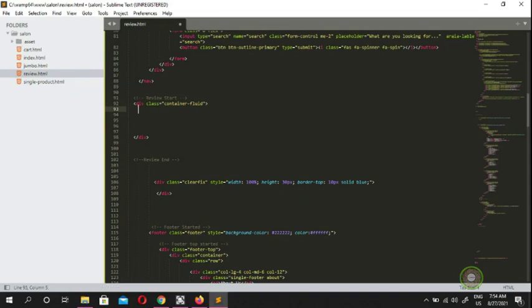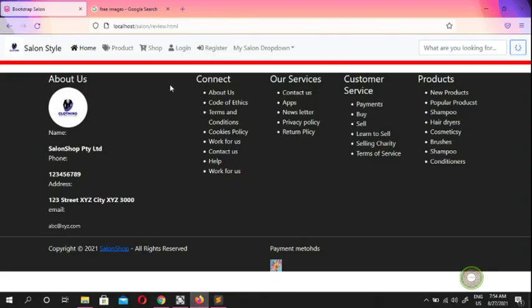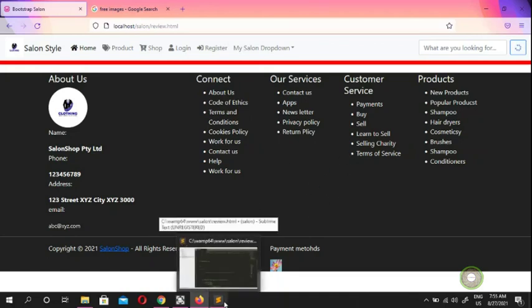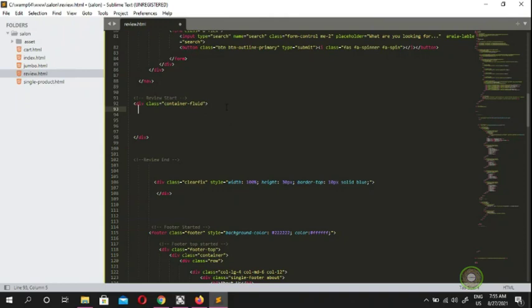And the first part is we review, and we're gonna put a card here. In our first part of the card, we're gonna put some sort of picture in the middle, and a few stars to let the user know that they can leave us a review. We're gonna show what other users think about our company, because users have the right to know what other people think about our company. So we're gonna put a div class,